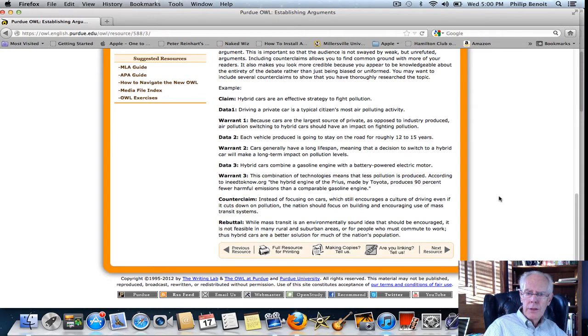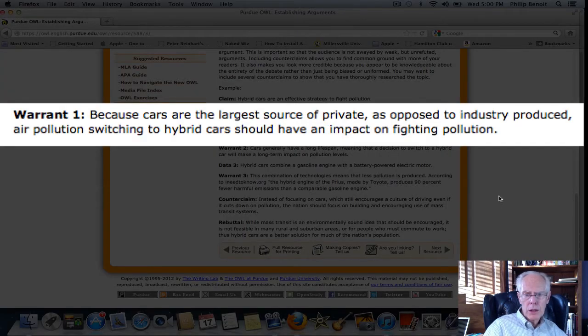Now, our warrant needs to tell us why that piece of data supports our claim. Why does that support the claim that hybrid cars are an effective strategy to fight pollution? Because it says cars are the largest source of private as opposed to industry-produced air pollution. Switching to hybrid cars should have an impact on fighting pollution. Okay, so we've linked our data point, our data 1 item here, with our claim and explained why the